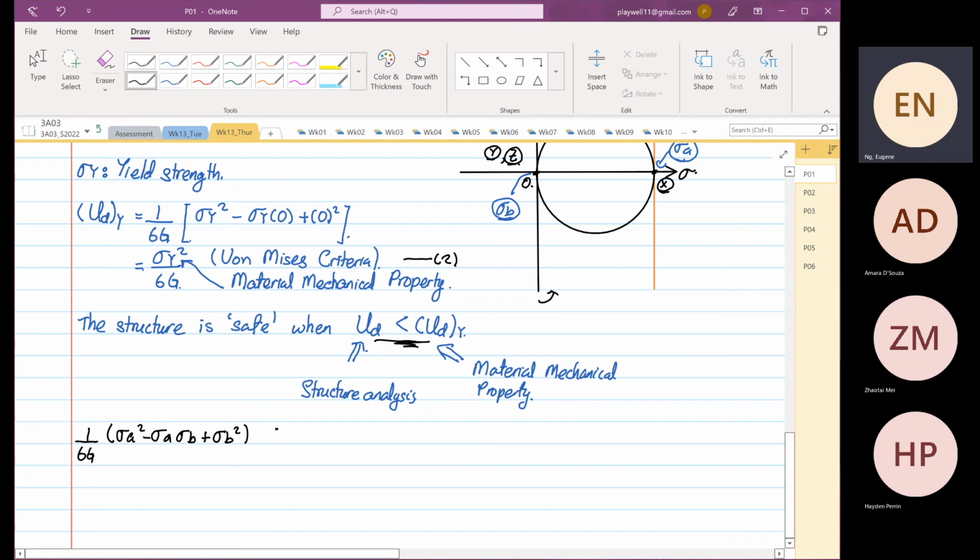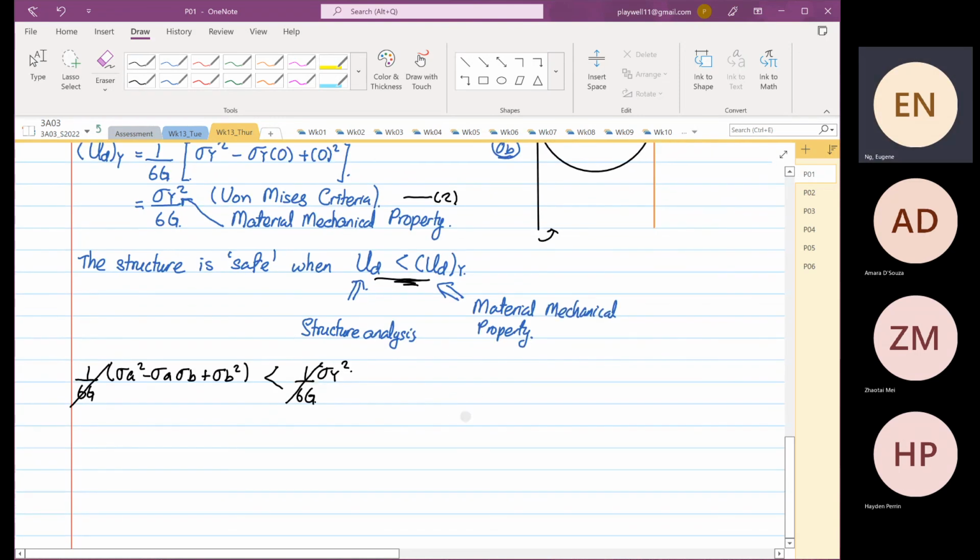And this has to be less than 1 over 6G sigma Y squared. So we can get rid of these two terms over here, and then we have a relationship where we have sigma A squared minus sigma A sigma B plus sigma B squared must